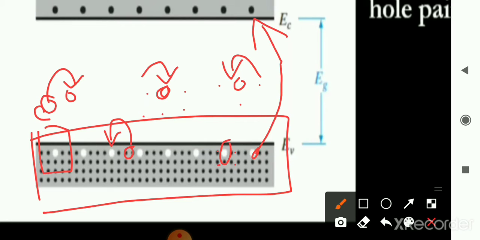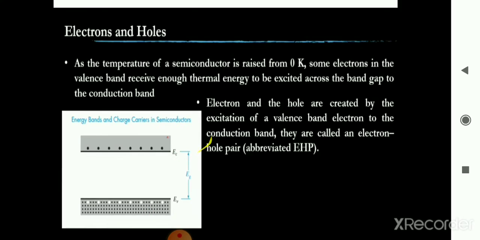After an electron moves from the valence band to the conduction band, a hole is created in the valence band. Once the hole is created, which is surrounded by many electrons, the electrons will jump and occupy that place. As there are many holes over here, an electron may jump from here to here and that hole will be occupied by the electron below. So this collision as well as motion of the electrons will be there. That is explained in this slide.